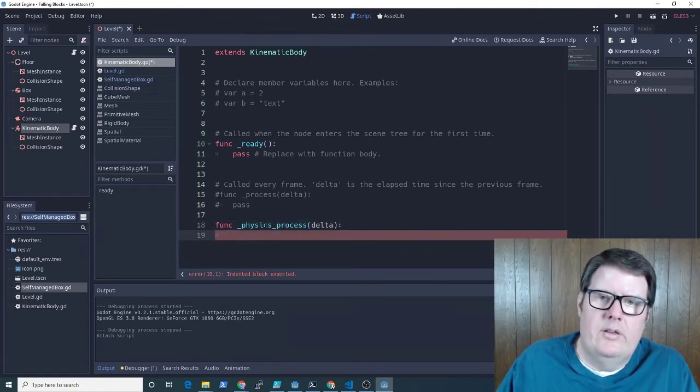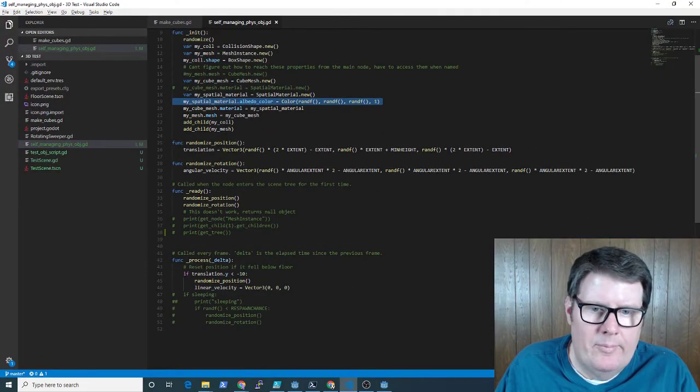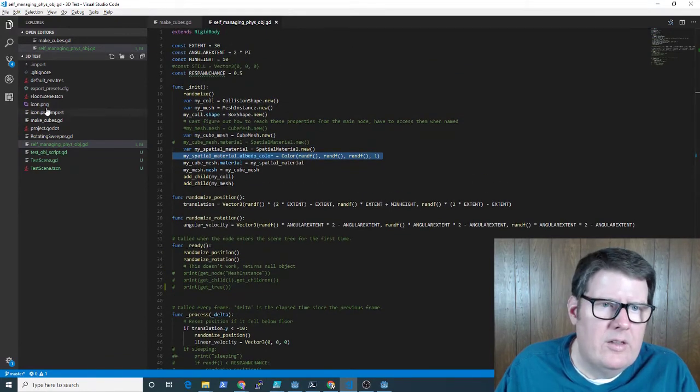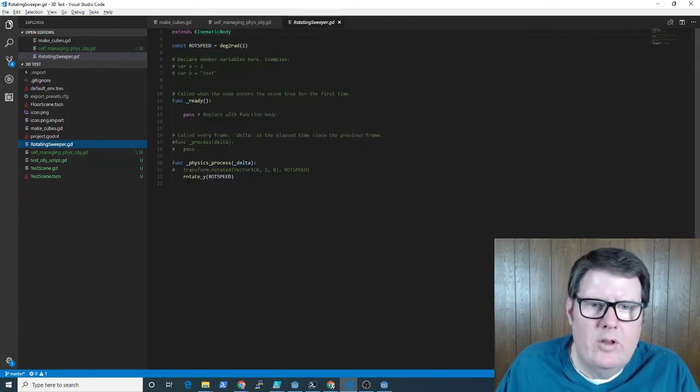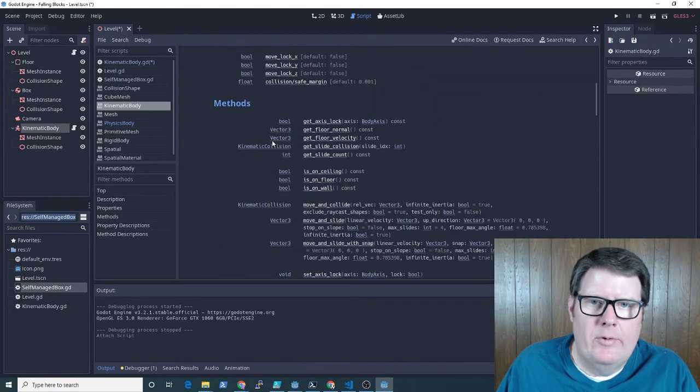And okay, I was going to look at my code, but I had to look a lot of this stuff up. Process. Oh, this is the rotating sweeper. Rotate Y. Okay. I'm curious about the rotate. Where is that rotate command? Actually, you know,